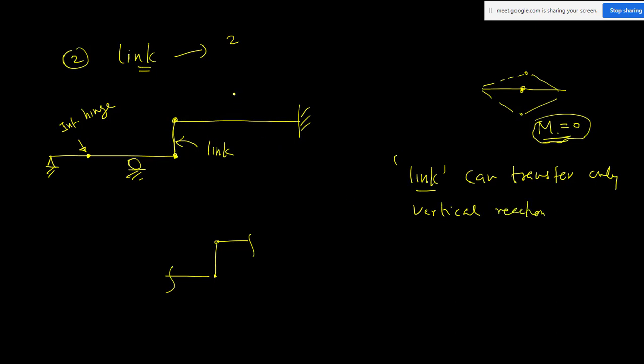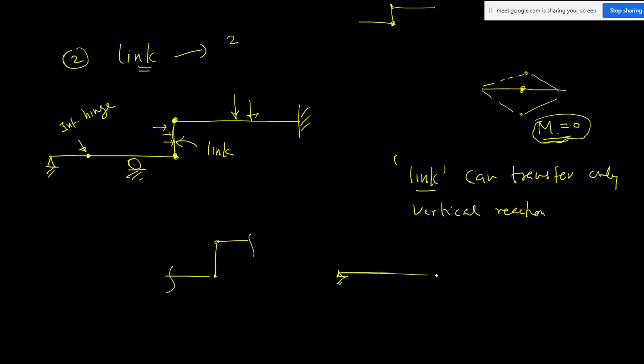That means if you apply some force here in the beam, this member can transfer this force to this part of the beam, there won't be any problem. But suppose you apply a horizontal force to this member. You can assume this is your link. If you apply force, it is not rigid. It is not a continuous rigid member. Link means you can assume it is something like this, two hinges are there. If you apply a horizontal force like this, what will happen to this structure?